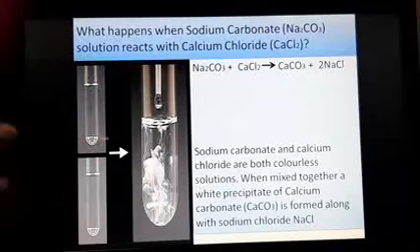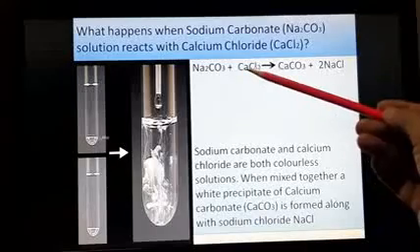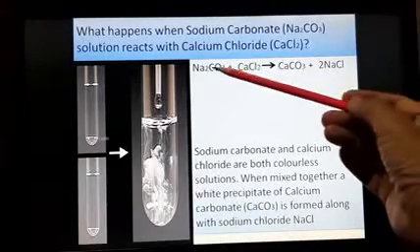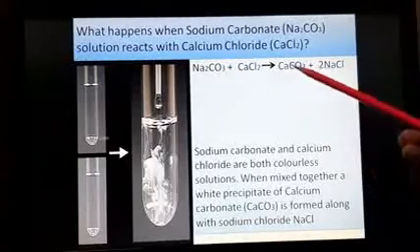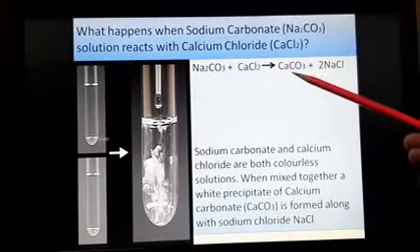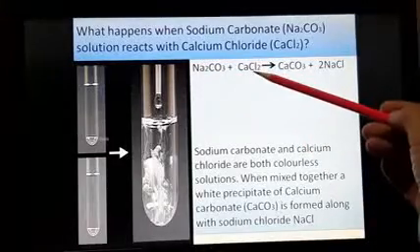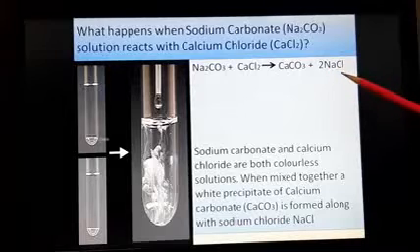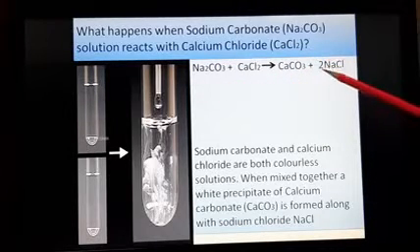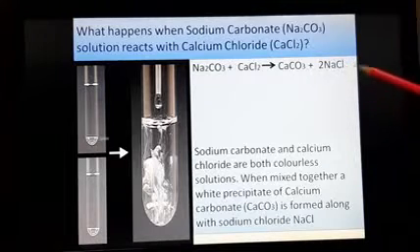And the substance formed when the reaction takes place is Ca, whose valency is +2, and CO3, whose valency is -2. They will cancel out each other, and a new substance CaCO3 is formed. Same way, Na, whose valency is +1, and Cl, whose valency is -1, they come together, Na and Cl, to form NaCl. And just to balance the reaction, we have put a 2 here. You know how we do that. So NaCl is common salt.